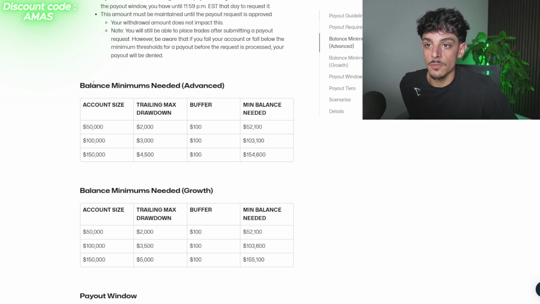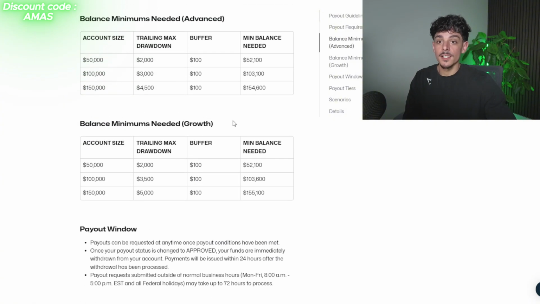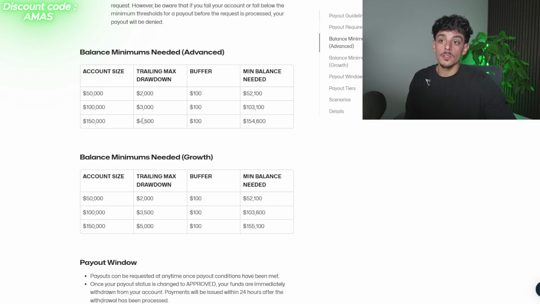So let's use here the advanced. On a 50K account, you would need to make $2,100 to request a $1,500 payout. Then on a 100K advanced account, you would need a $3,100 minimum balance. So you would need $3,100 of profits with a $3,000 drawdown, intraday trailing drawdown, to request a 2K payout. And then on a 150K account, you would need $4,600 of profits with $4,500 of intraday trailing drawdown to